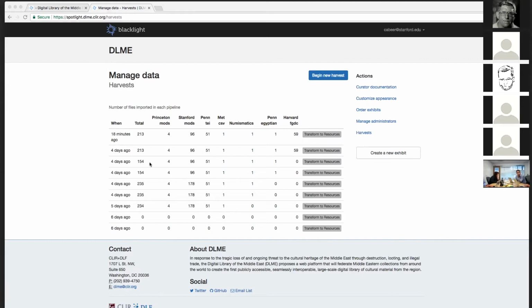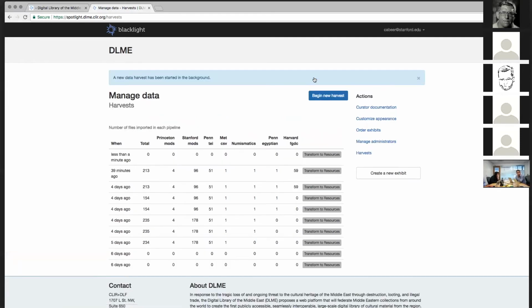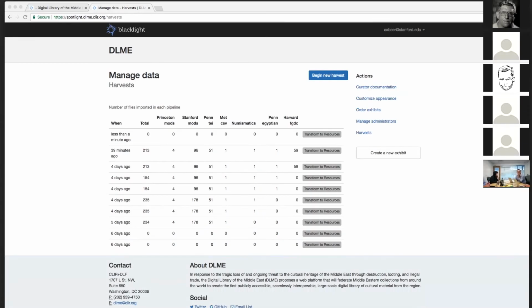We have a blue button at the top of the page, and if you click that, that will start a new harvest in the background. The harvesting step usually takes about a minute, and then the transforming step takes maybe the next 20 minutes or so. And then if we already have harvested all the data we wanted to, but we've changed the mapping, so we merely want to retransform them, you click the gray button next to the harvest you want, and it will re-index everything, so all the stuff will show up in the UI.